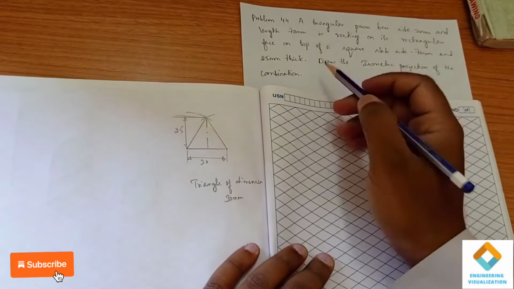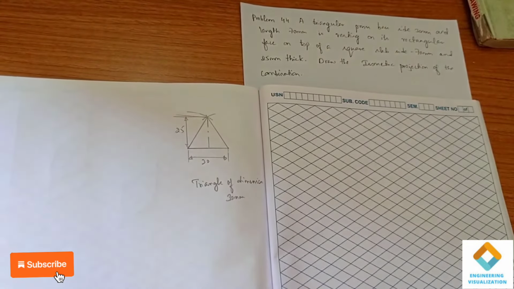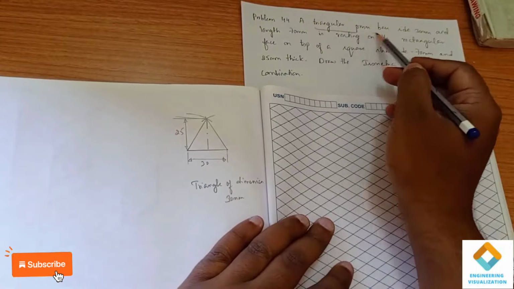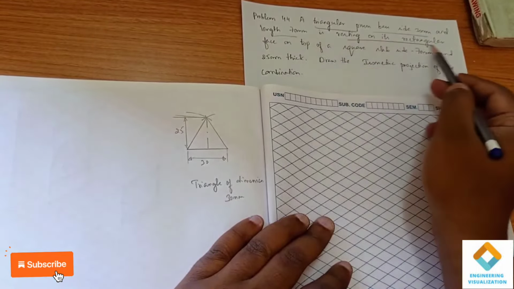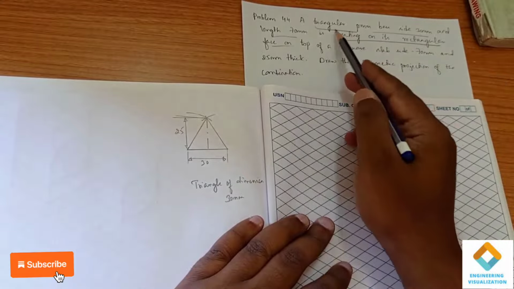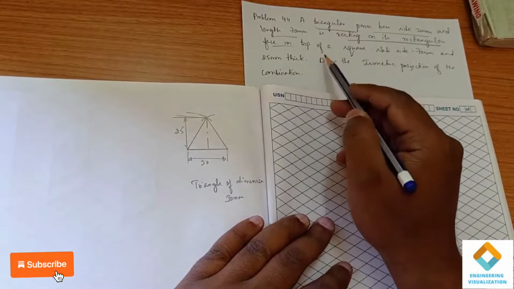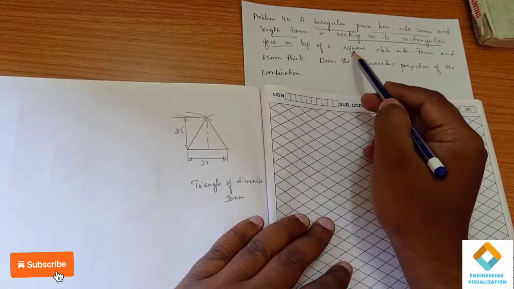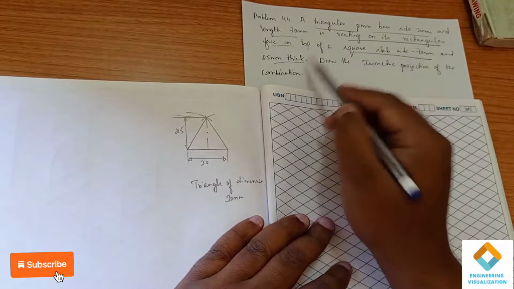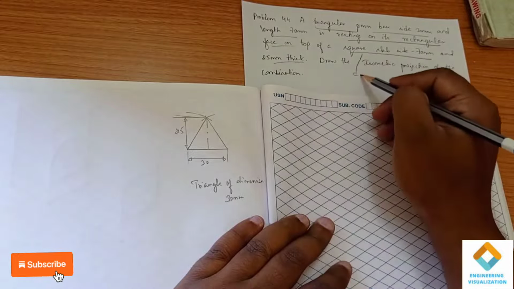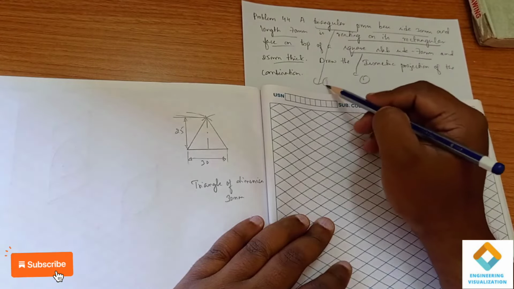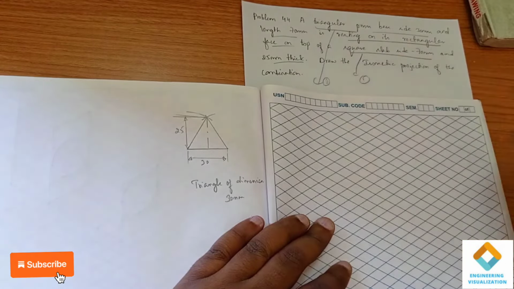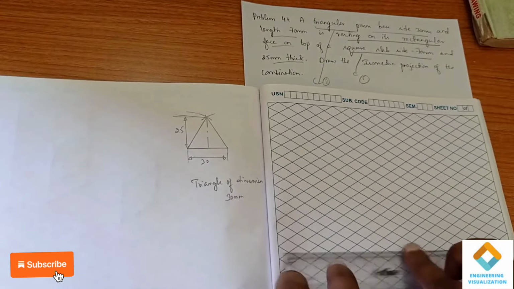So we are going to do this problem. You can see in this problem a triangular prism, base height 30 and length 70, resting on a rectangular face. So a triangular prism which is having a rectangular face, resting on a square slab of side 70 and 25 mm thickness. So first we are going to do this square slab, and second, on it we have to place a triangular prism. Okay, first I am constructing